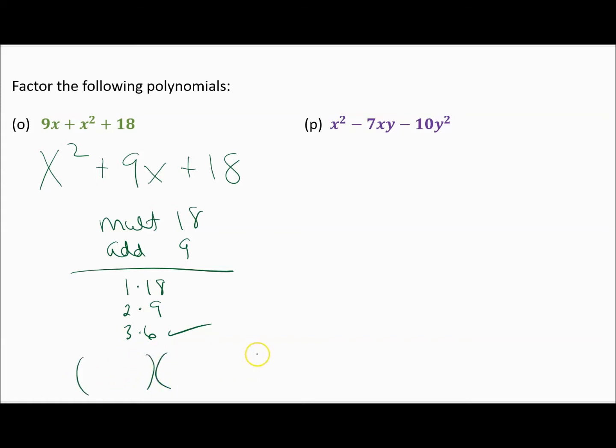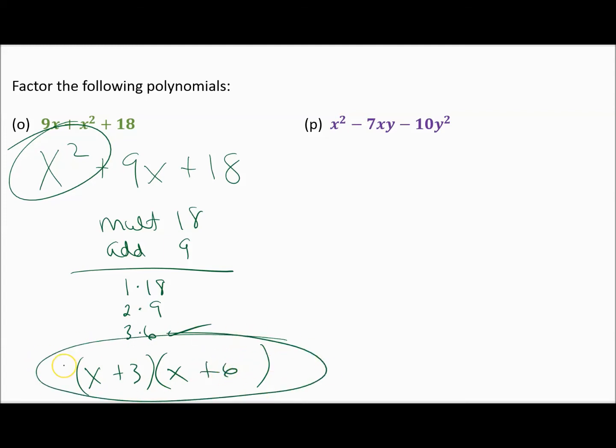But a lot of you, especially after practicing this, you'll do that very quickly. So there's your 2 sets of parentheses, the square root of the x squared, x, goes in the first spot. These are both positive, so I'll put plus 3, plus 6. I promise you, if you multiply that out using the FOIL method, it will check out. It'll give you x squared plus 9x plus 18, which is the same as our problem. And our very last problem,